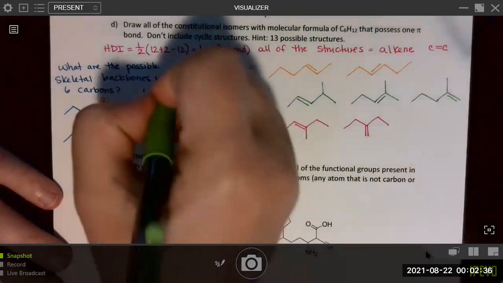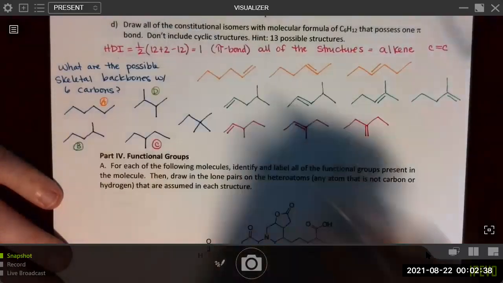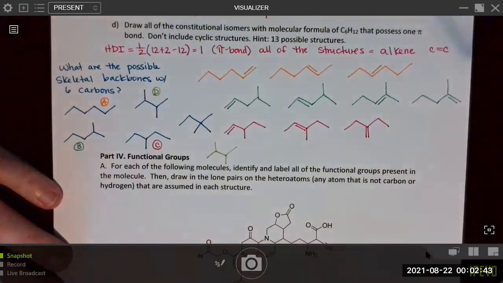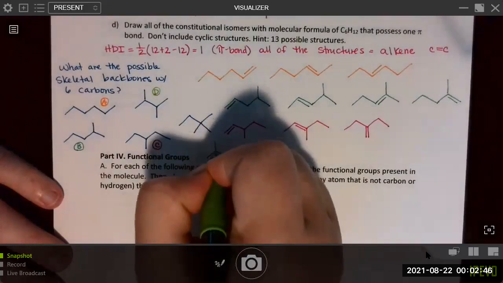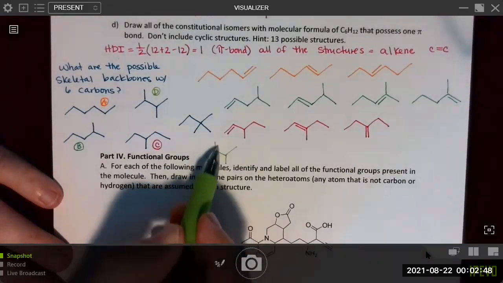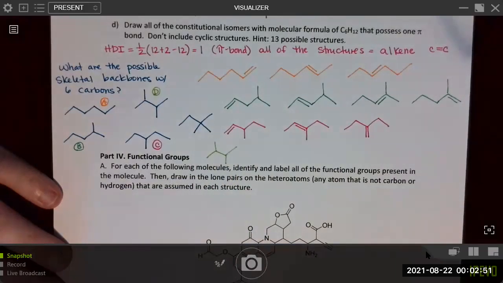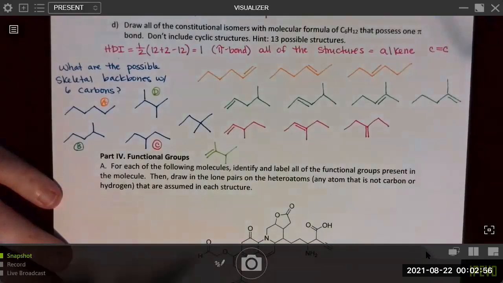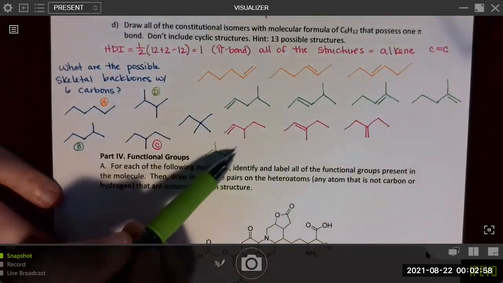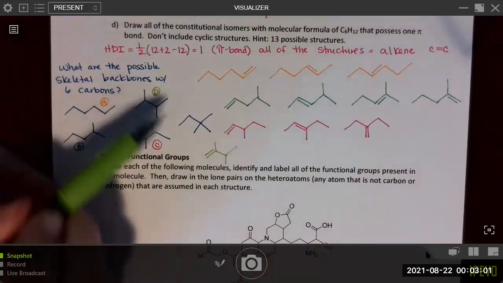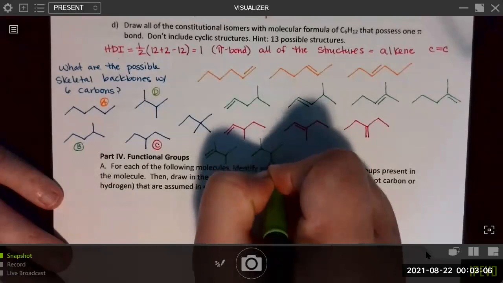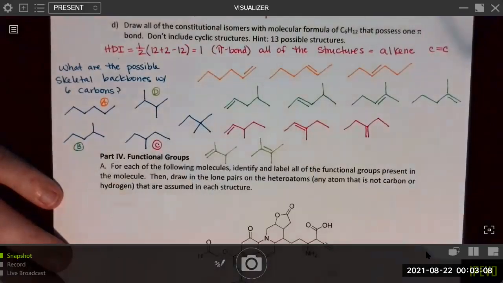Let's do this with D. Let's draw that skeletal structure out. Where can I place a double bond, right? So place it here or here or here or here. Those are all the same thing. Just pick one. It doesn't matter. There would have been the same as putting the double bond here or there, just because of the symmetry of this. So the only other place on that skeletal backbone that's different is this one. Then we just have one more.